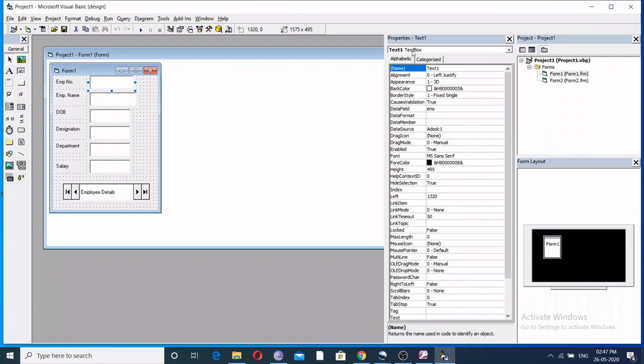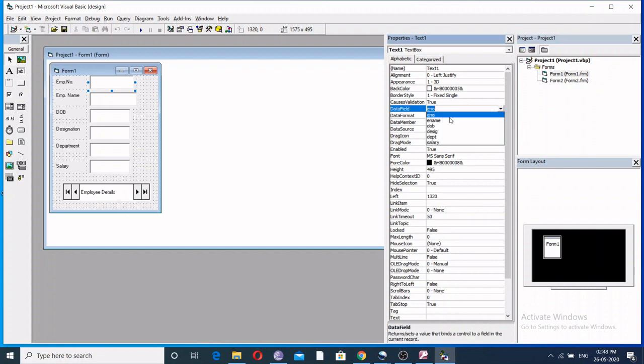Here Text1 is going to be set up, so Text1, and then DataSource, this is the property for connecting the ADO data control. Here ADO/DC1 is the data control name which is going to be linked with the text control, so DataSource is ADO/DC1, and then the data field is E number.